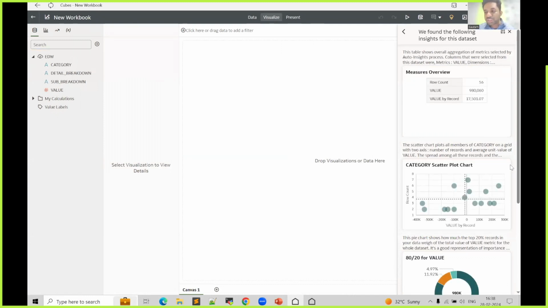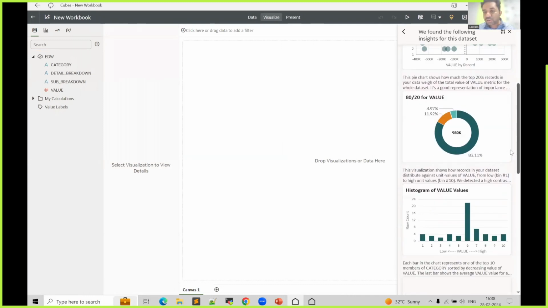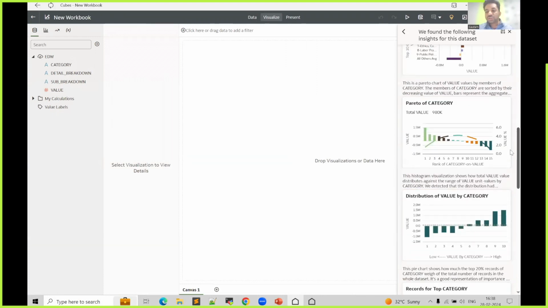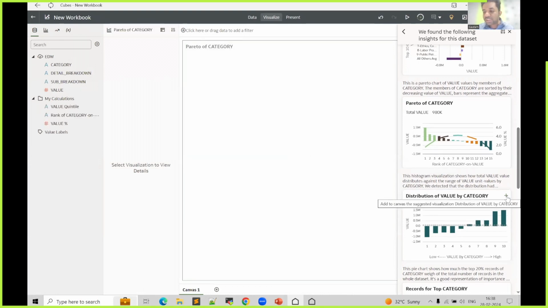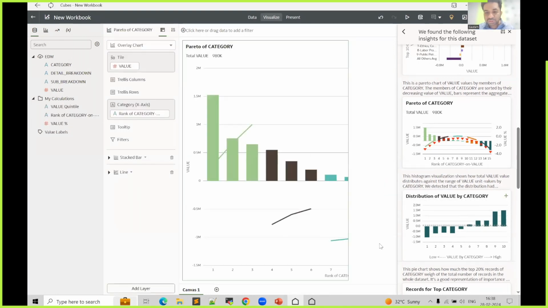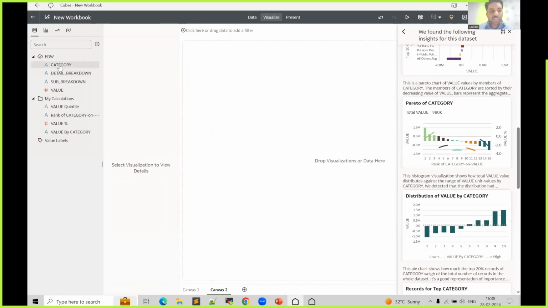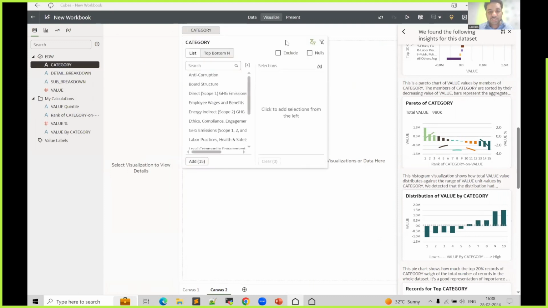Some of the functionalities, like the analytics platform, can dive into the data set. It can come up with its own insights. So if the business users are not really interested in creating their reports, they can hang on to the insights that are generated by the system, and they can add them immediately into the canvas. And if the user wants to create their own dashboard, all they need to do is select their specific filter. So I can, let's say, if I need to find a visualization based on my indirect emission,